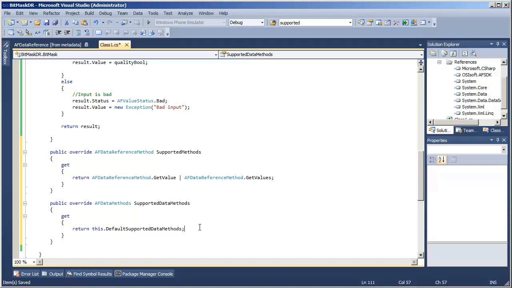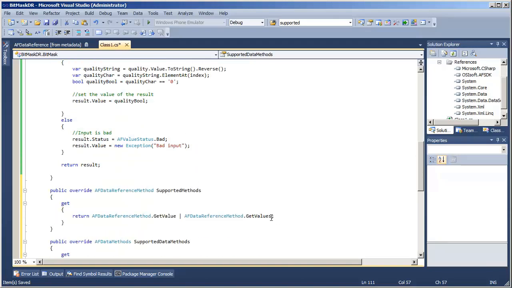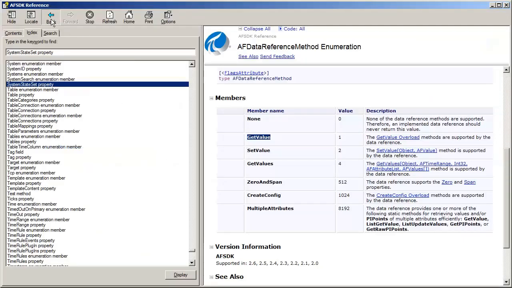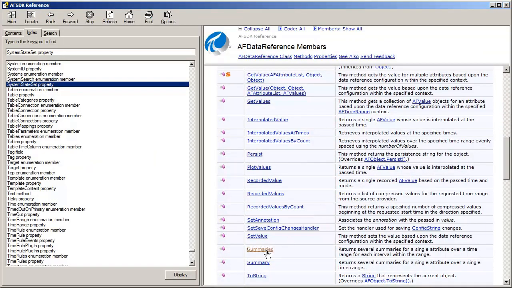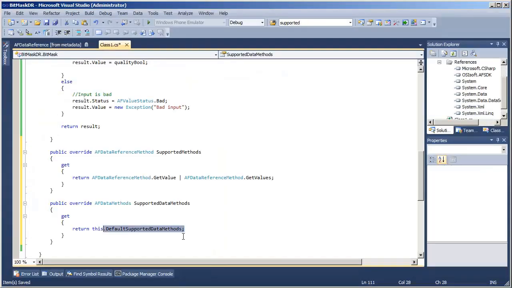Remember, the SDK has a base implementation that, as long as we've implemented a getValue and said that we support the base of getValues, all of these rich data methods are going to work. The SDK knows how to do all of the filtering and input getting and all of that, and knows how to do summaries. That's already included. We just have to say, yes, we are fine using that base implementation.